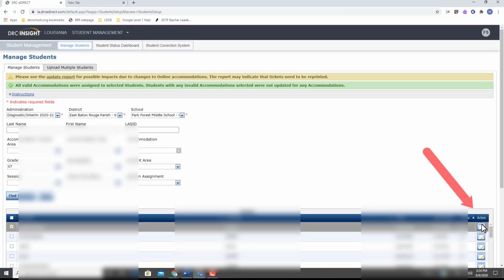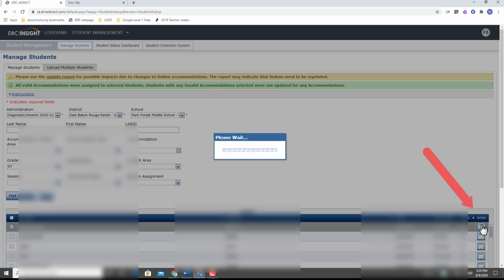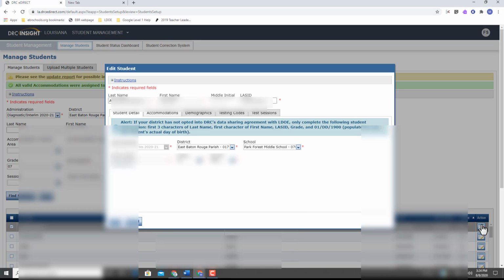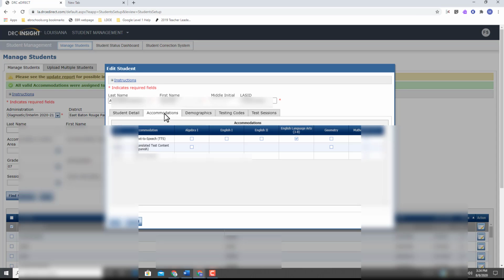So I'm going to go to the action menu right here. Click on that, and go to accommodations. See that there are a bunch of tabs here. So you go to accommodations, and then it was there. Okay. So always verify that the accommodations that you checked off are there, just to be on the safe side,